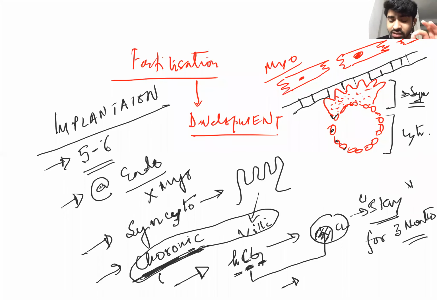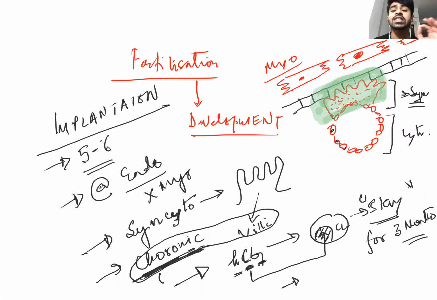Because after 3 months, some structures will be formed in between, like this, like here. Please follow me first, then write it down. Put your pen down for the time being and follow me carefully what I'm drawing right now. I'm drawing a structure which is formed together by the contributions of the fetal membrane and the maternal membrane. Mother's membrane and fetal membrane combined are forming something which is right now underdeveloped before 3 months, but after 3 months it will be developed properly.